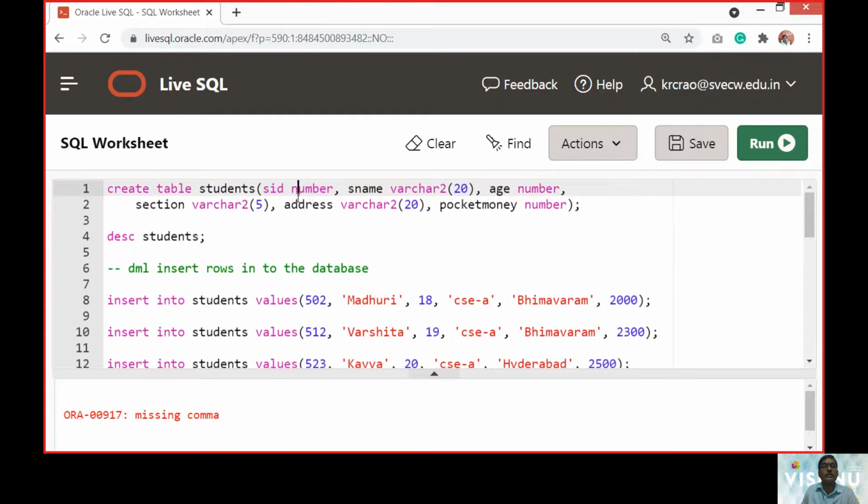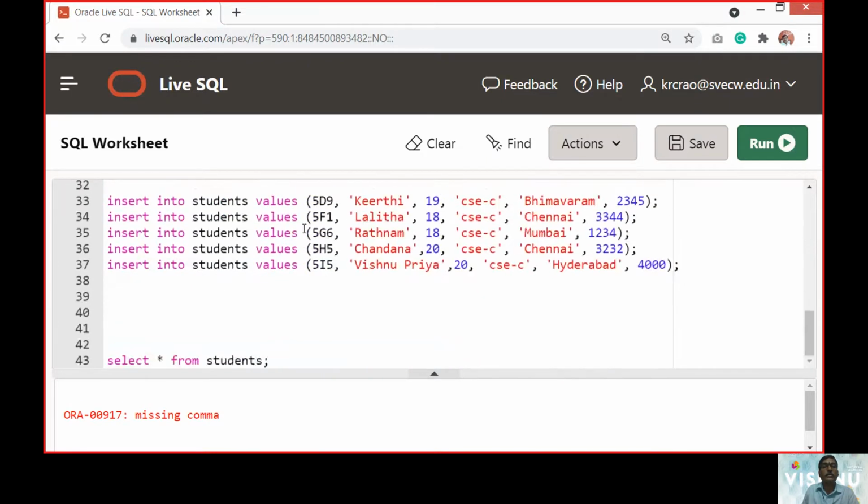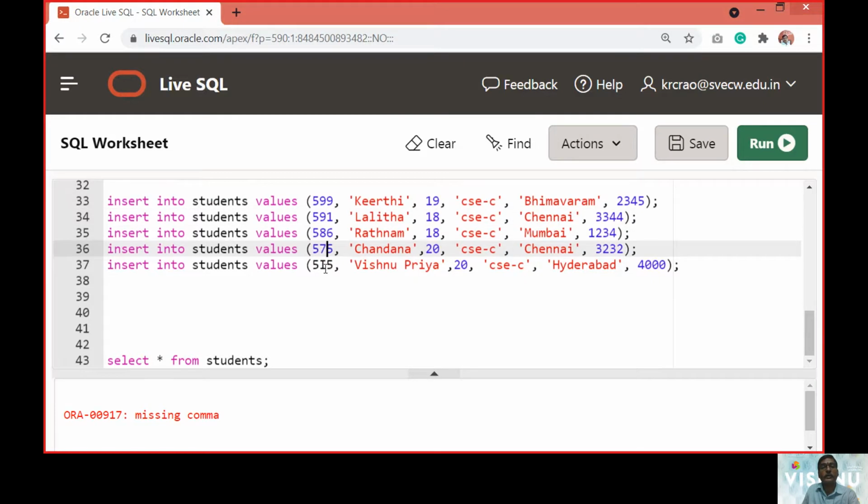SID was a number, so I don't have any other option right now as it is showing some number. So I will just give 599, 591, 58, 5, and 56.